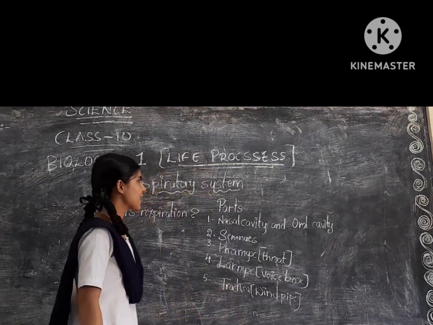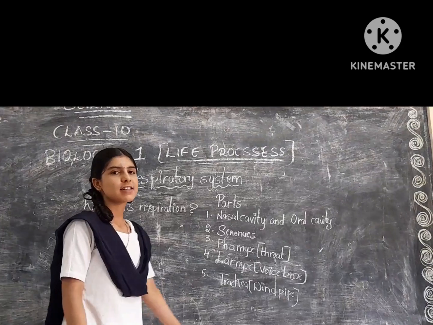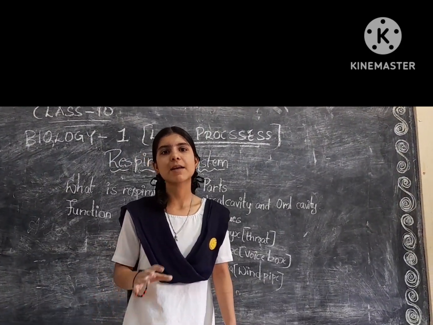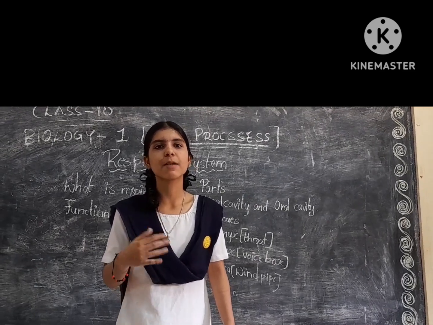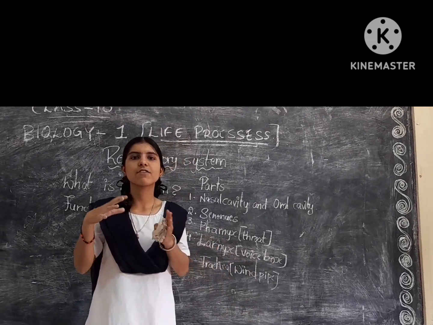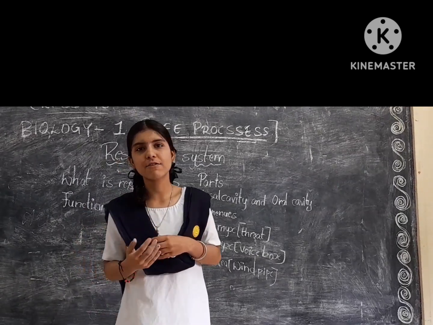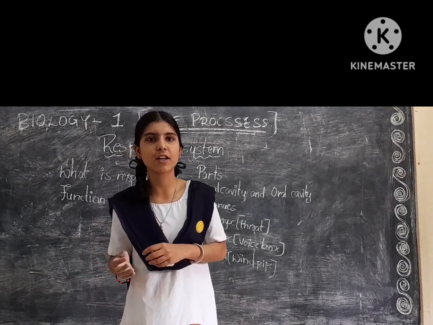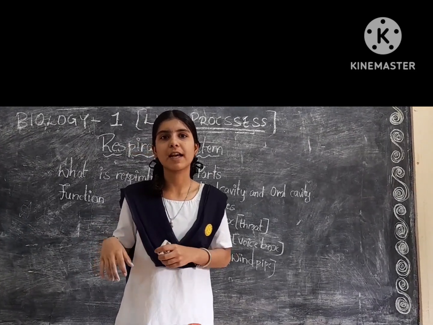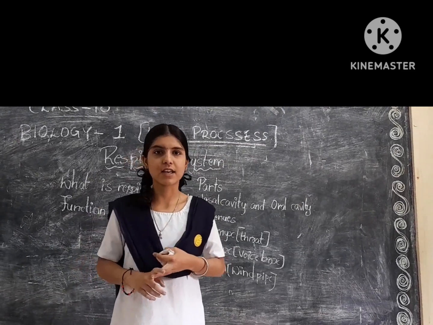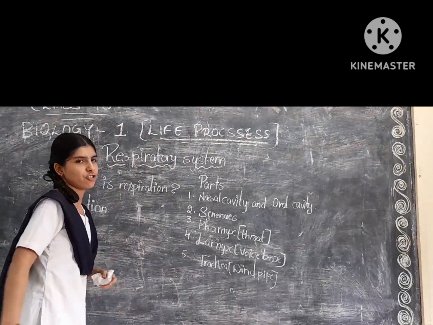Today I am going to explain about the respiratory system. Let us start this video with a small introduction about the respiratory system. The respiratory system is a network of organs and tissues that help us to breathe easily, and it also helps us to absorb oxygen from the air so that our organs can work easily. And it removes waste gases such as carbon dioxide, which is located in our blood. Common problems are diseases, infections and allergies.